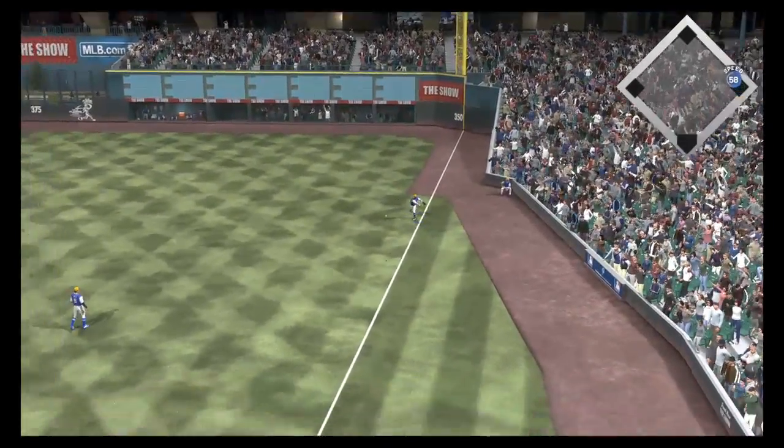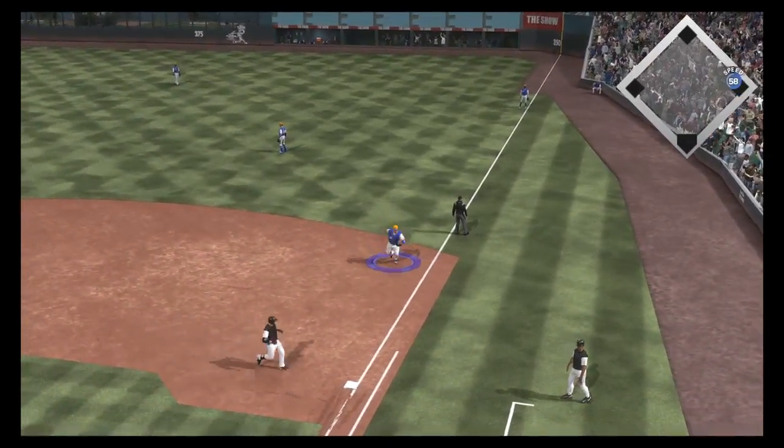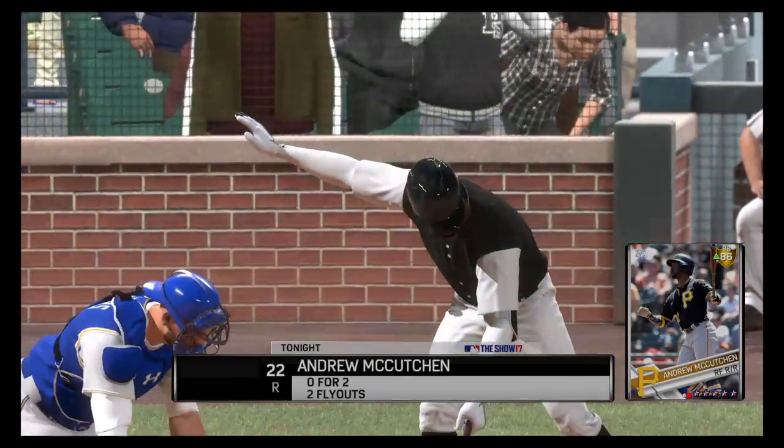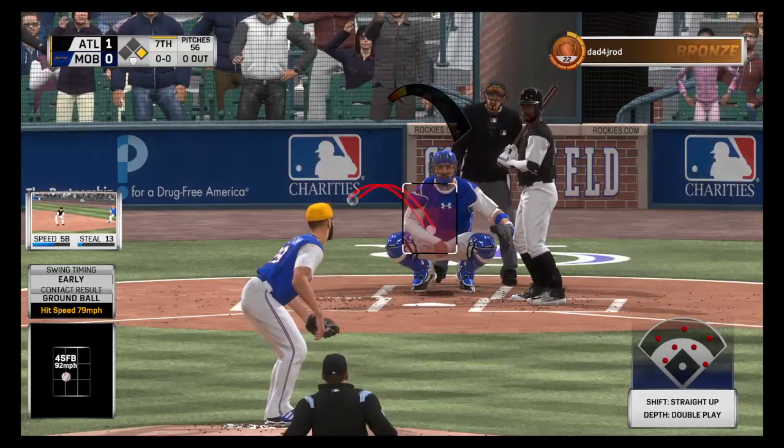And that's under his glove. Oh, he picked his head up, and it's into right field. And they're going to hold him to a single here as they do a nice job of getting it back in quickly. Now batting,